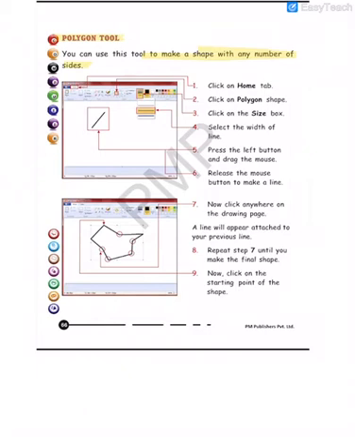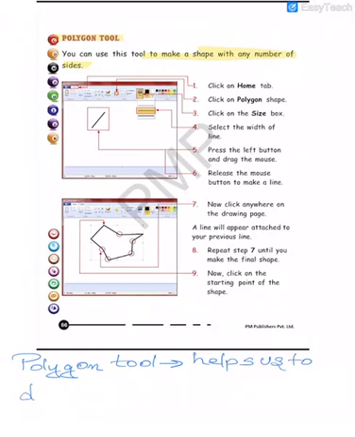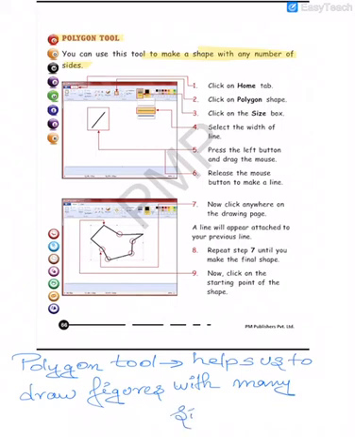So, that brings us to its use. The polygon tool helps us to draw figures with many sides. It will help us to draw figures with different sides, many sides.